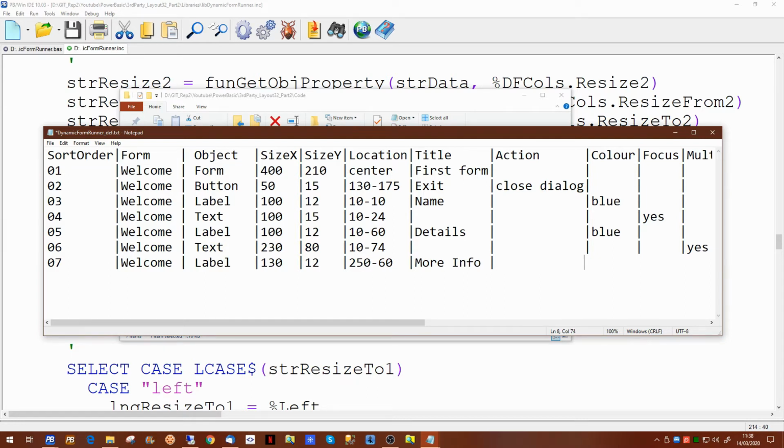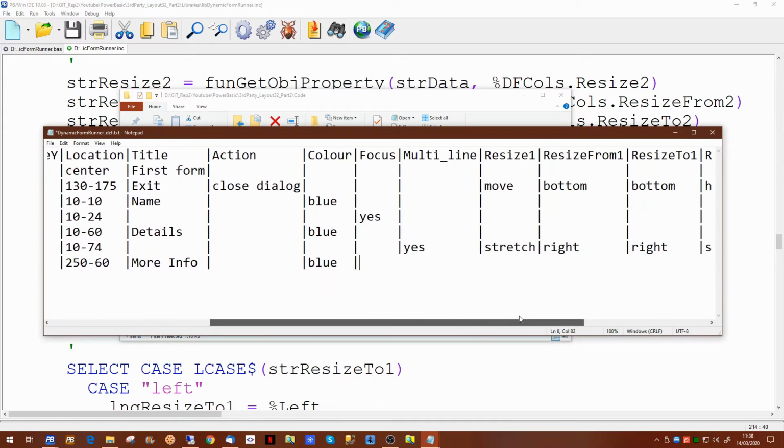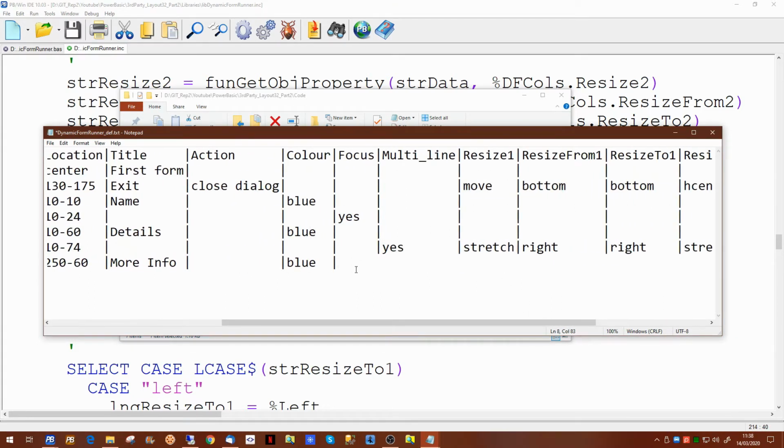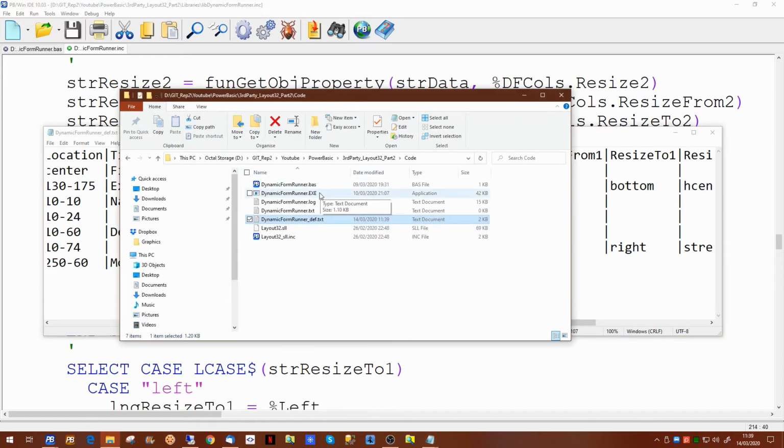And we have no action on that one, but like all the other ones, we'll make the label blue, let's just move over a little bit. Now this one's not multi-line, but we want to put some resize rules on it. So let's just put it in as it stands at the moment, and we'll see what it does. So let's just save that and go back to our code again. Now we won't recompile the program, we'll just rerun the program,